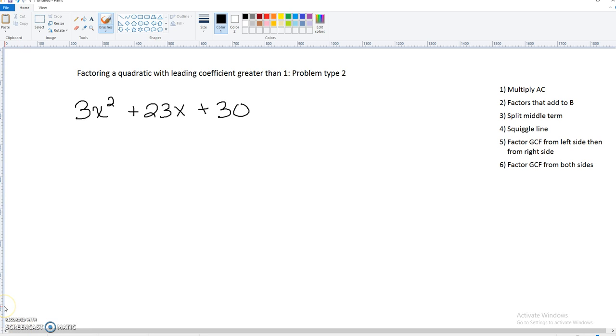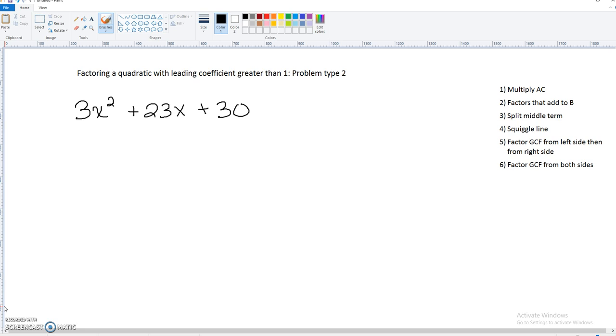Factoring a quadratic with a leading coefficient greater than 1, problem type 2. I have our list here, and as you can see, we have some of the steps from our previous topic, and then we have some steps from like 2 topics ago. And so as you can see, it's kind of building on itself. Okay, so ultimately, we're going to be using all of the steps that we have learned up to now in